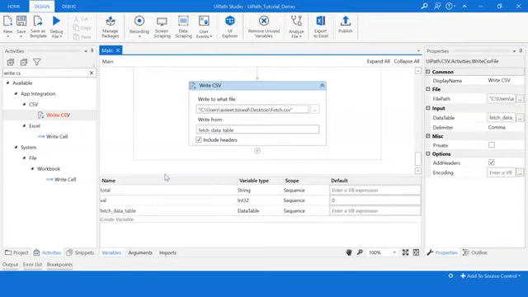I believe it has run successfully now. Let me check for my CSV file. That should ideally be on my desktop.